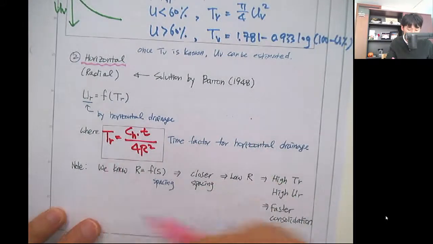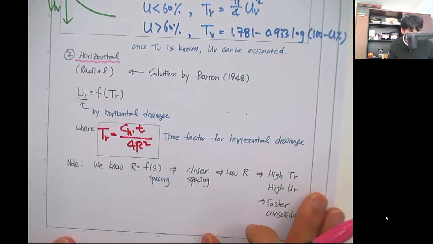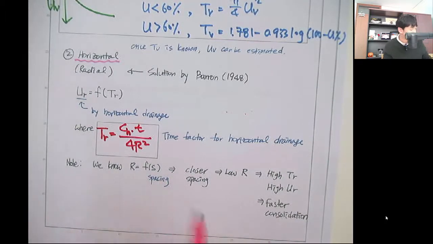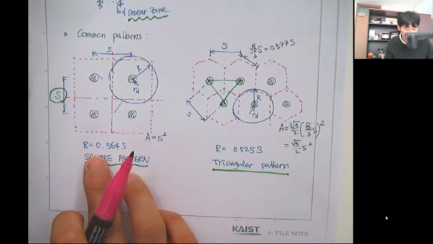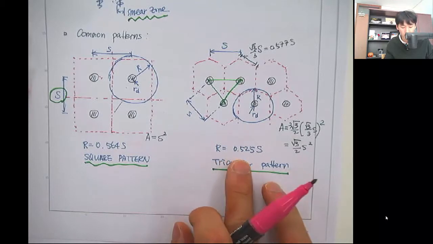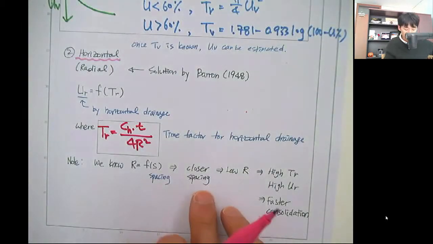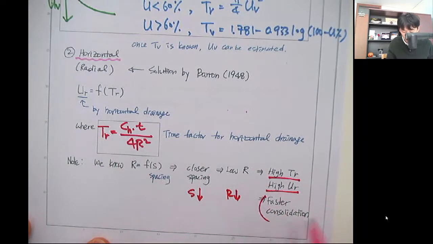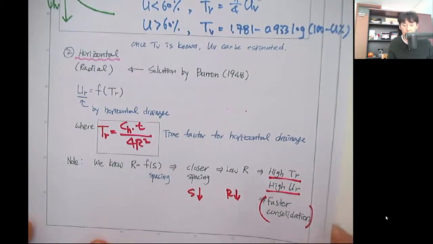Here R is the influence range, between the spacing. So we know that R is a function of the spacing between the drains. In previous pages, R is 0.564 times S for the square pattern, and for a triangle pattern we also have this equation. So with closer spacing, as S decreases, R decreases, then you have high TR and high UR, so